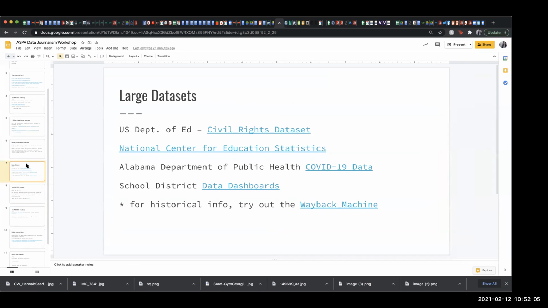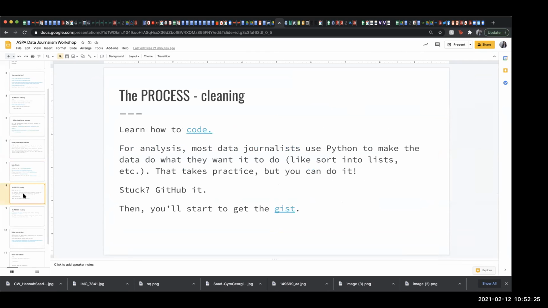The question is, what do you do with it once you have all of that? I don't know about y'all. I was not taught really anything about data, computer science, spreadsheets at all when I was in high school. I don't know if that's changed.